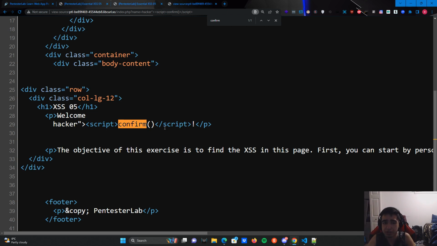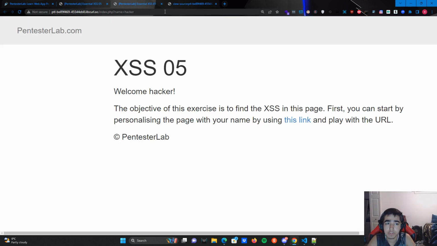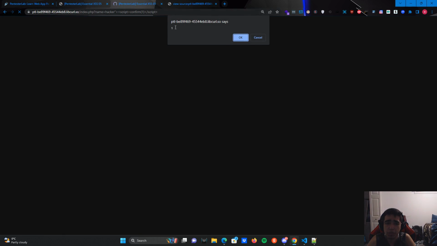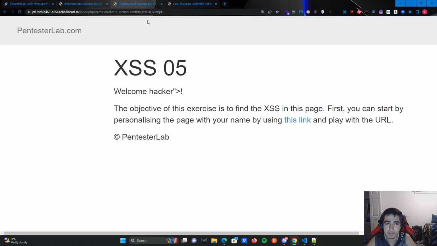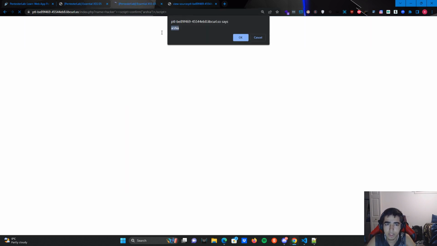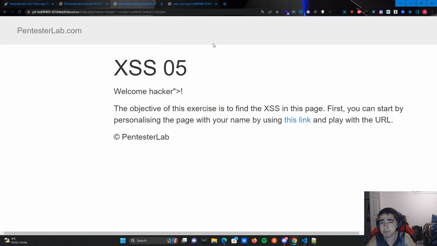That means if a hacker just uses a confirm keyword, for example confirm 1, the hacker can easily exploit this vulnerability. Let me show you. Here, confirm 1. It's just going to pop up confirm 1 for me. What about confirm Asia? It has to be in double quotation marks, definitely. Confirm Asia. So we easily exploited the XSS vulnerability and injected our JavaScript code inside the page, but